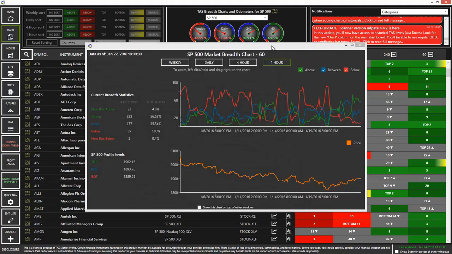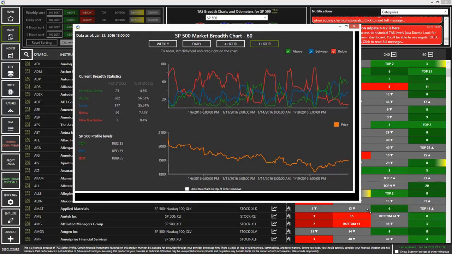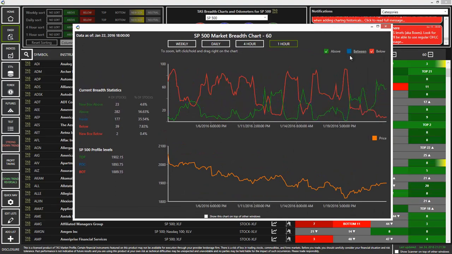So let's drill down initially into the first component, which is our net profile breadth calculations on our 60-minute. As you notice, we crossed into positive territory on the afternoon of January 20th. We reached a low in the S&Ps a little bit before then, on the morning of the 20th. So if we look at the overextensions above 70%, if you look at that 91 minus 2, you're looking at